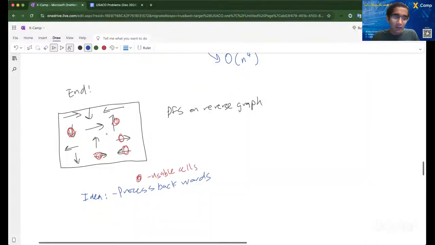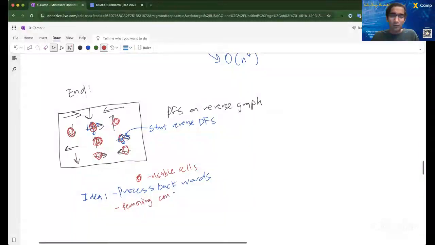If I change this one, it's not going to change anything if it's already unusable. But if I change something here, then I can start another DFS from here. And once this is in a reverse DFS, then I might visit more things, right? So the idea is process backwards, and then when removing